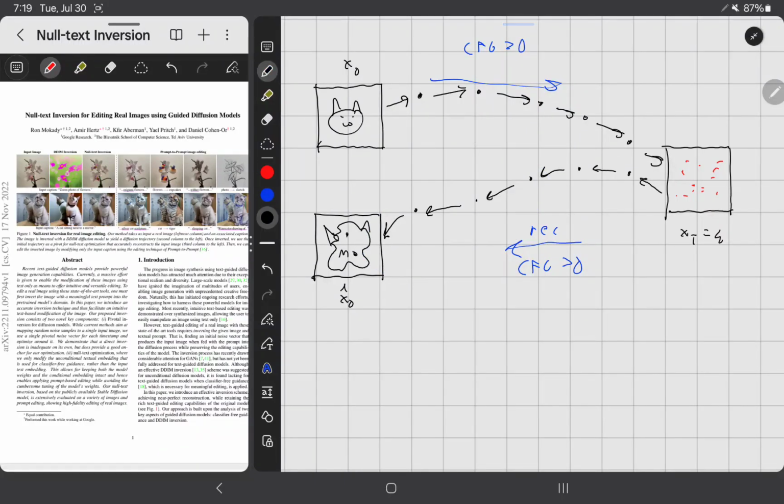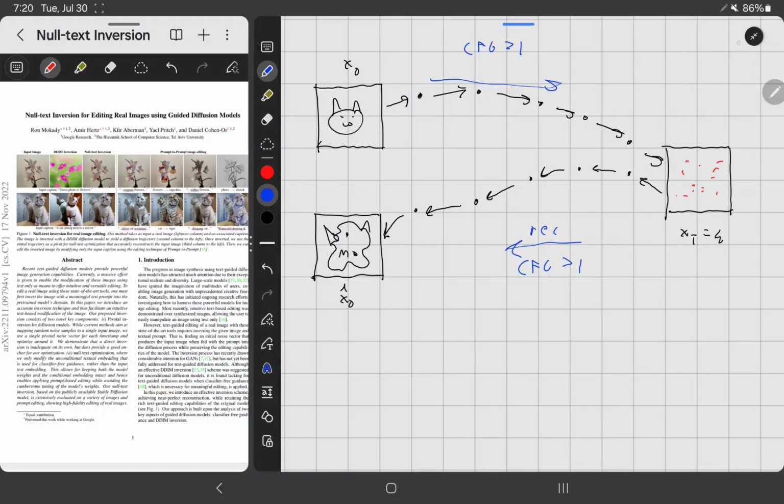Now, we know what the trajectory was to get here. What we can do is say, well, if we follow this trajectory backward, we'll get the original image, obviously, because this is a deterministic one-to-one correspondence. But the problem is the trajectory we have is slightly off, and that's because the diffusion model is making predictions kind of in the direction towards this rather than the direction over here,